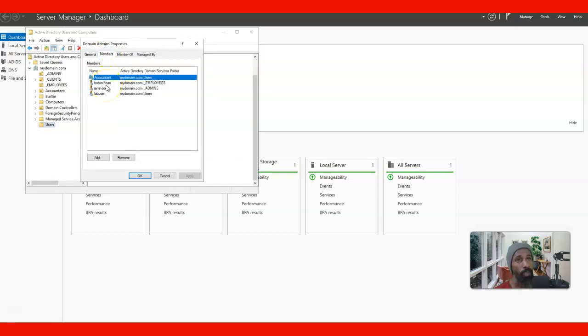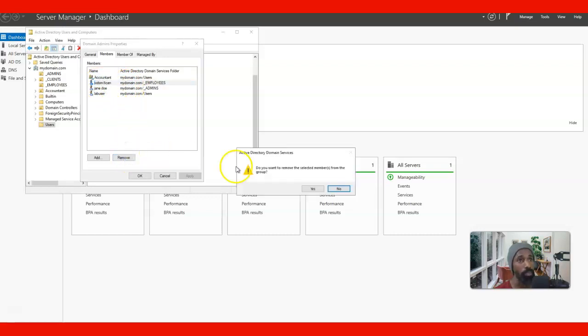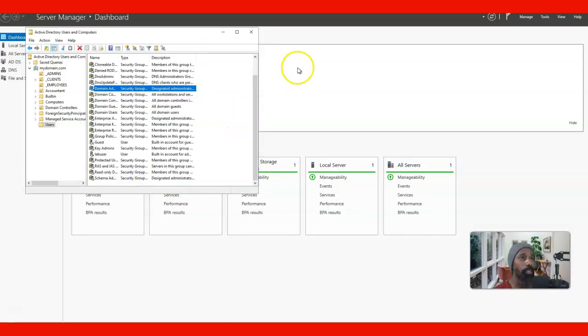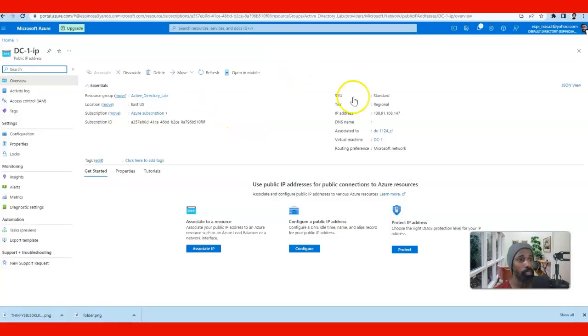So as you can see, Bobbin Fican is a so-called admin, but we are gonna take Bobbin and we're gonna remove him. So he's no longer an administrator, and we're gonna apply and hit OK. So now we're gonna go back to DC1